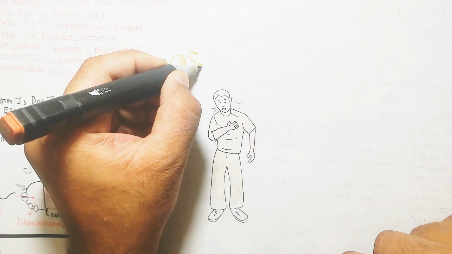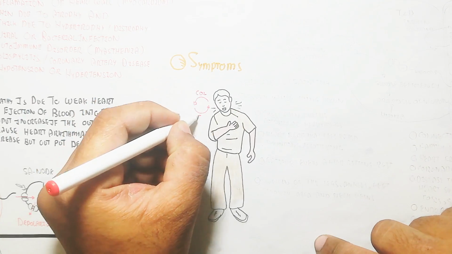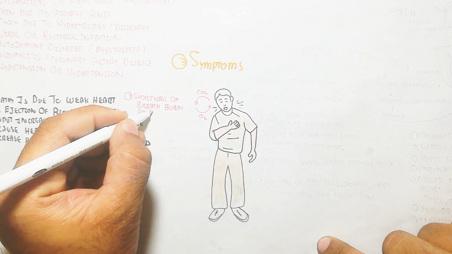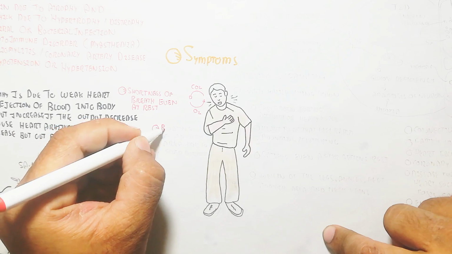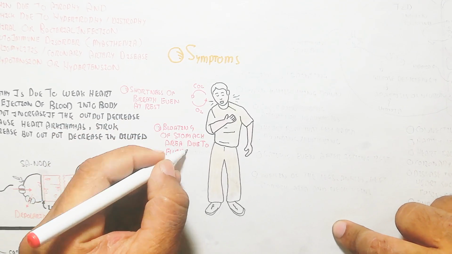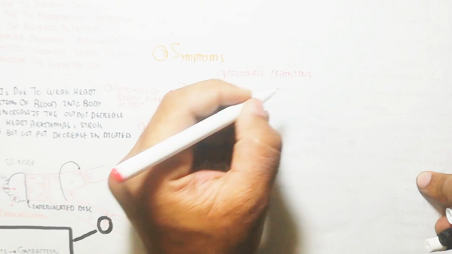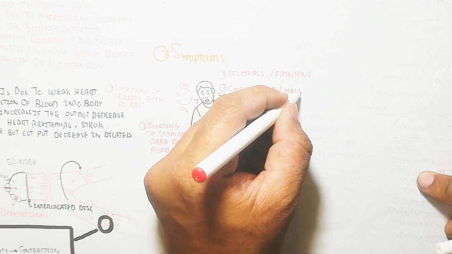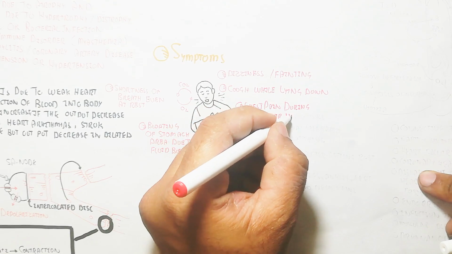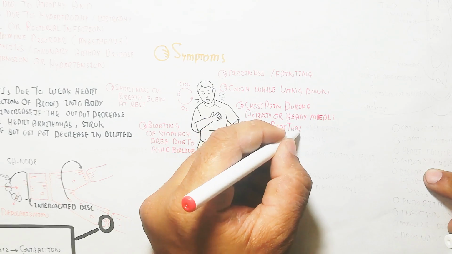Symptoms of cardiomyopathy are many, such as shortness of breath even at rest. So hypoxemia will occur in our blood: the oxygen level is low while the carbon dioxide increases, which will lead to acidosis. There is also bloating of the stomach area due to fluid buildup, and dizziness and fainting due to less oxygen being provided to the nervous system, cough while lying down, chest pain during activity or heavy meals, heartbeat